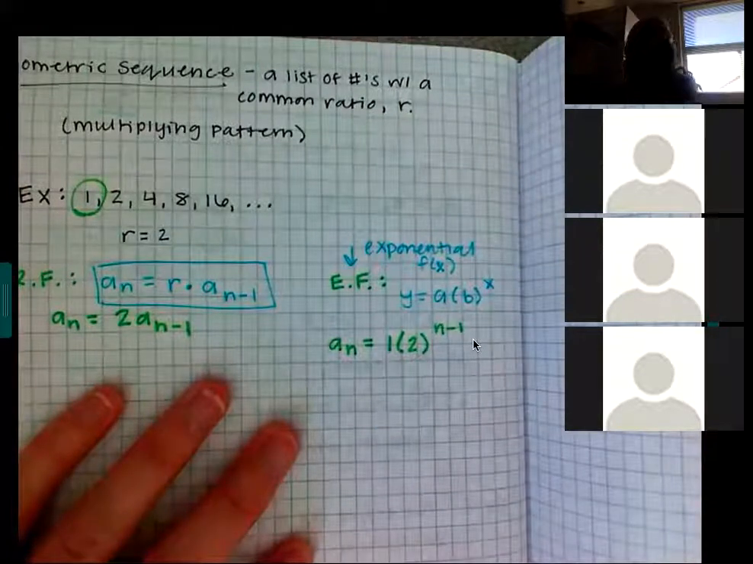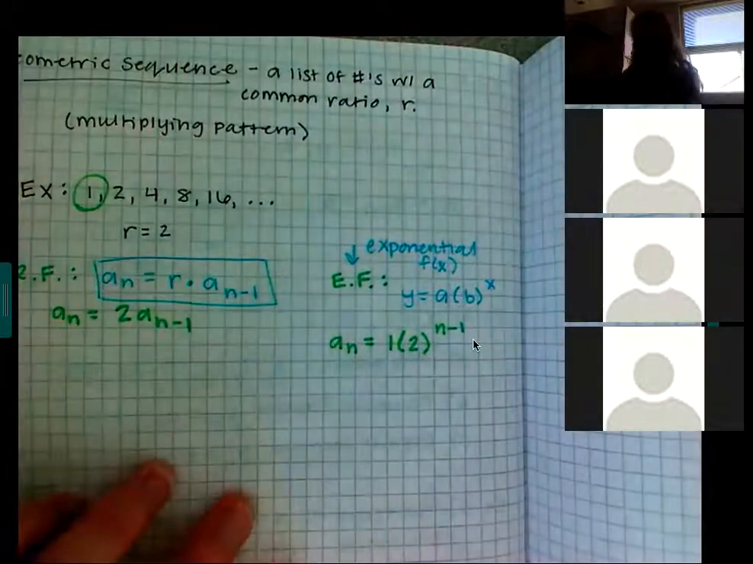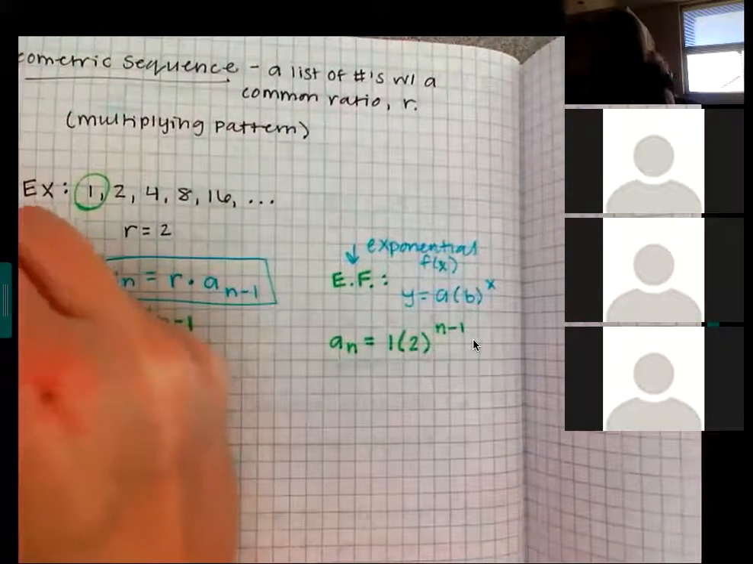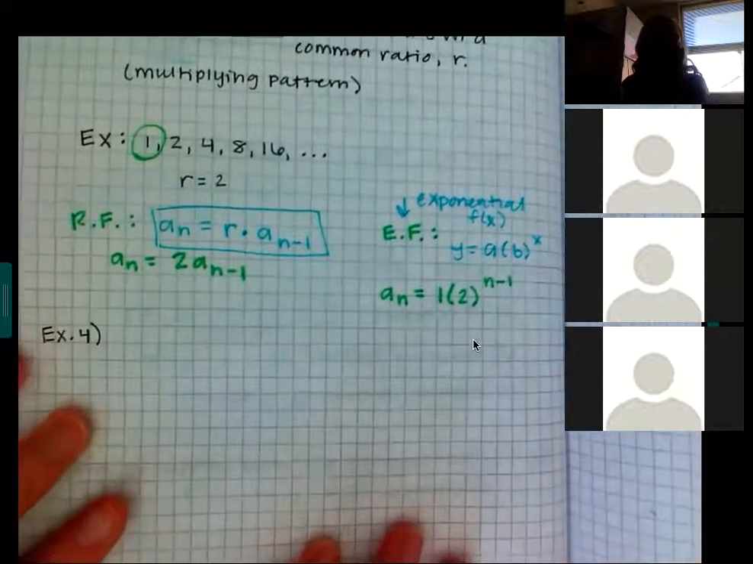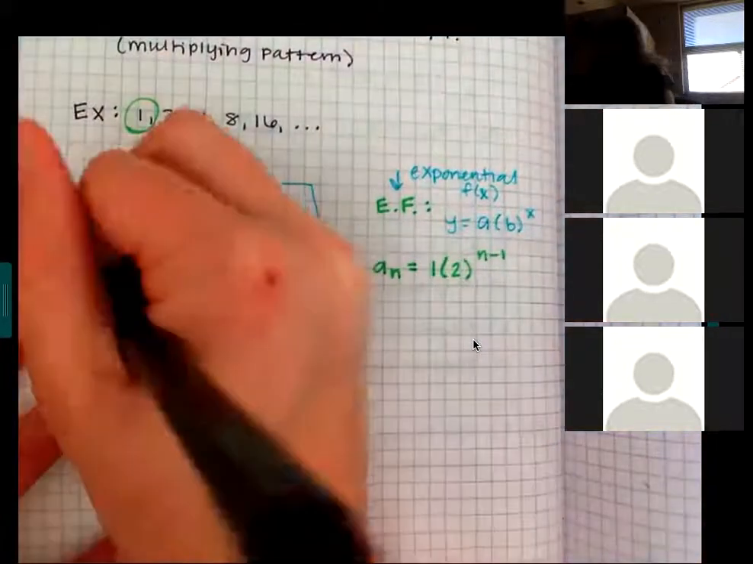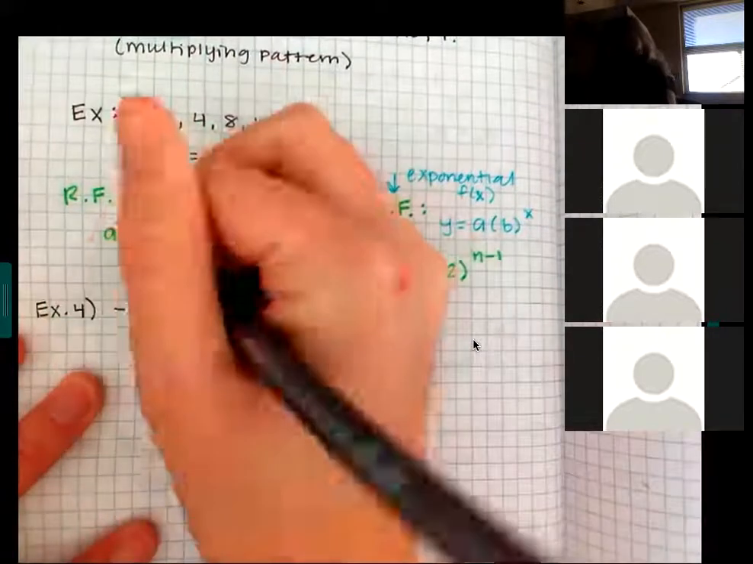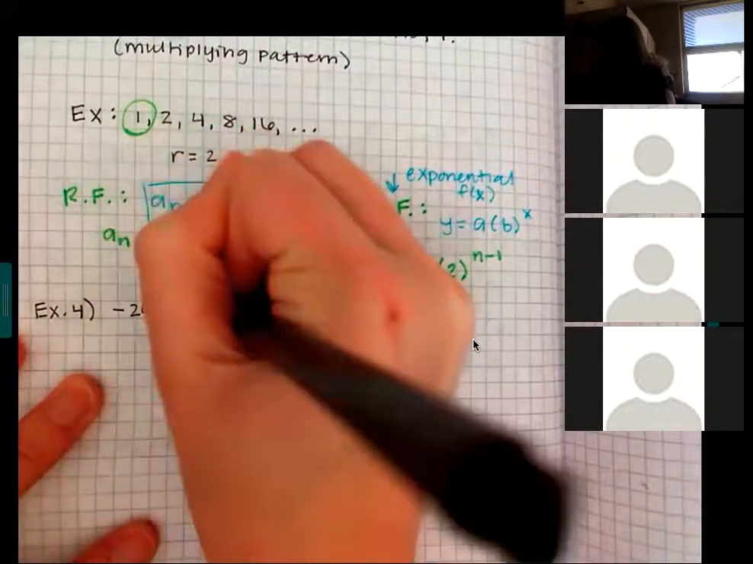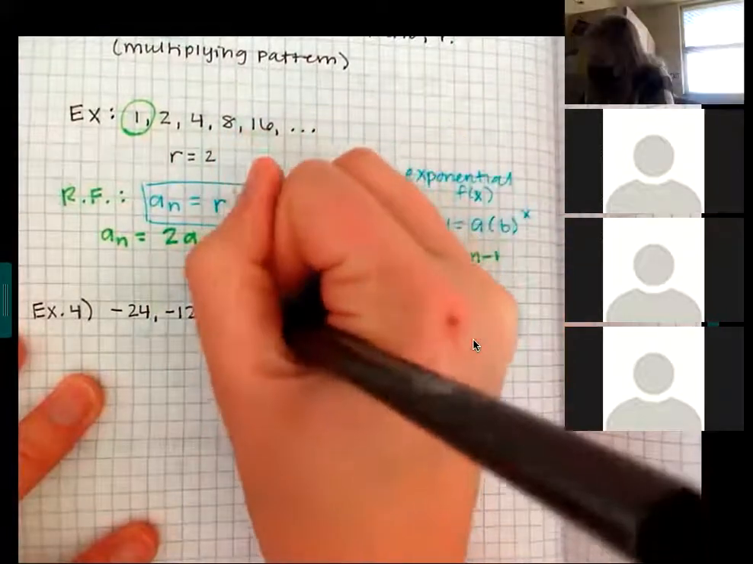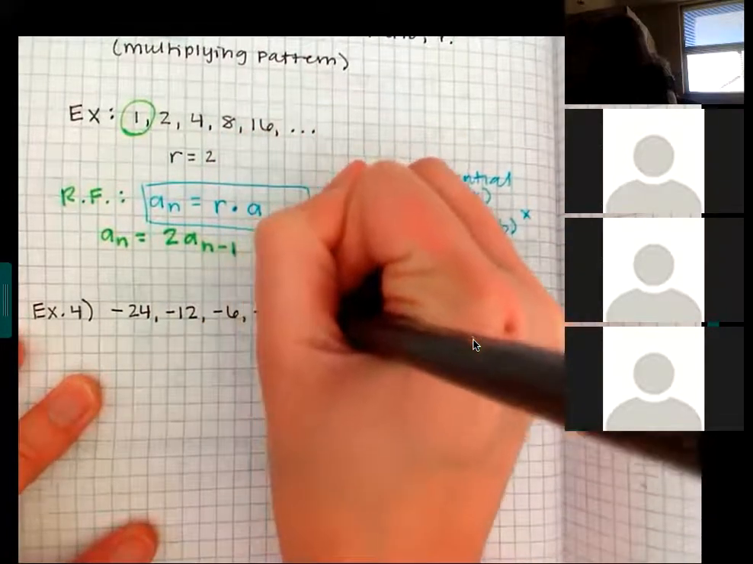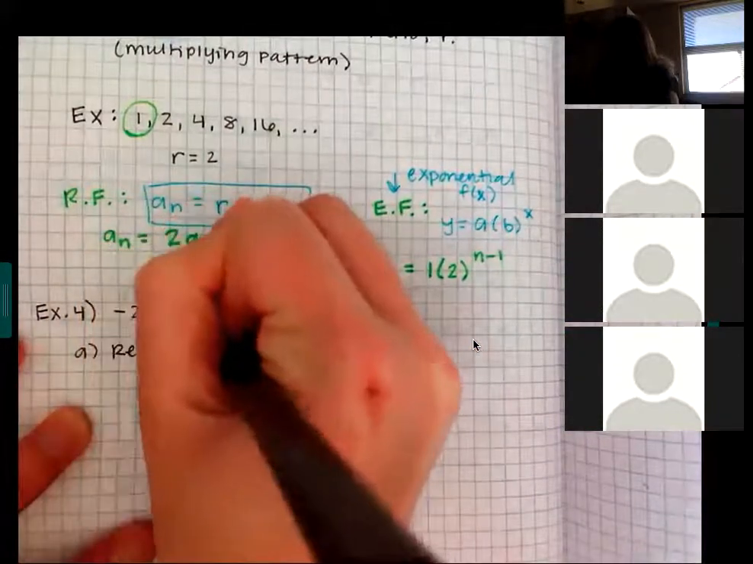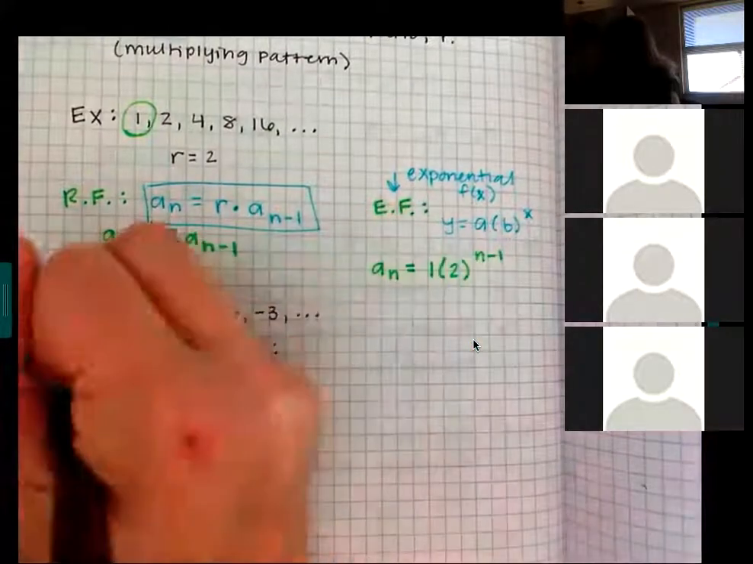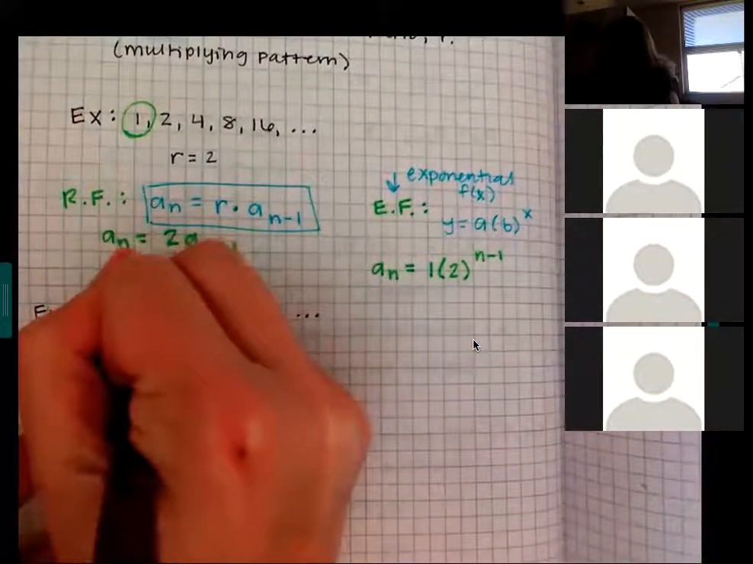Do we feel like we can try one? Can I give you a sequence and you try to set up the 2 formulas? All right. All of you look so enthused to be here. Let's do. I want the recursive formula, the explicit formula, and then I want